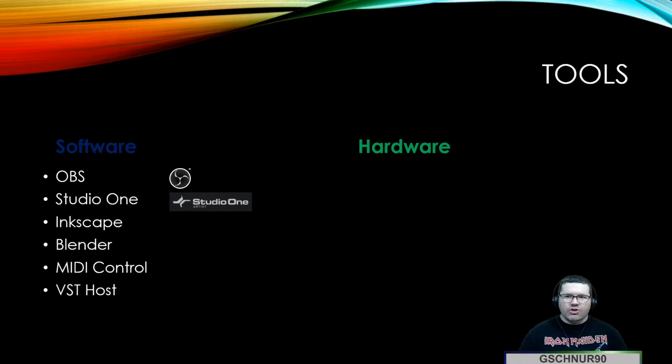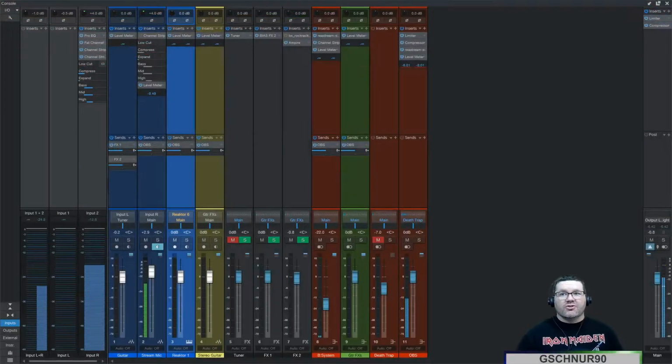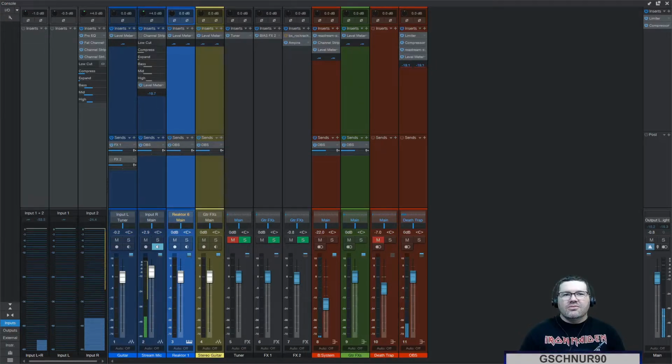Studio One's going to be controlling all the sound, mixing it all, and then it's going to also send it over to OBS. So an example of Studio One would be this monitor here, which is right now showing my vocal and everything. It's really fun. There's some faders. This is what I've been tampering with to get ready to do this video. So there's been all kinds of fun things I've been trying to figure out and learn,